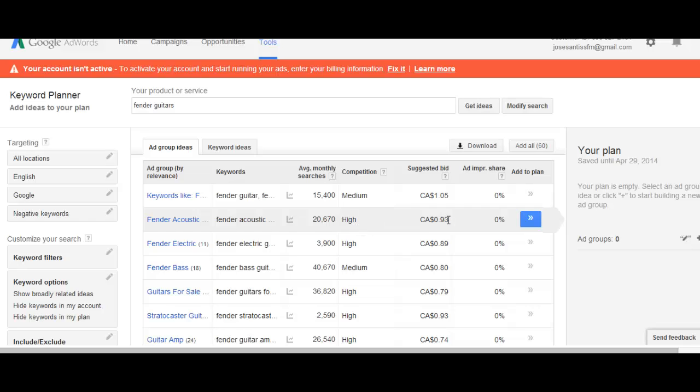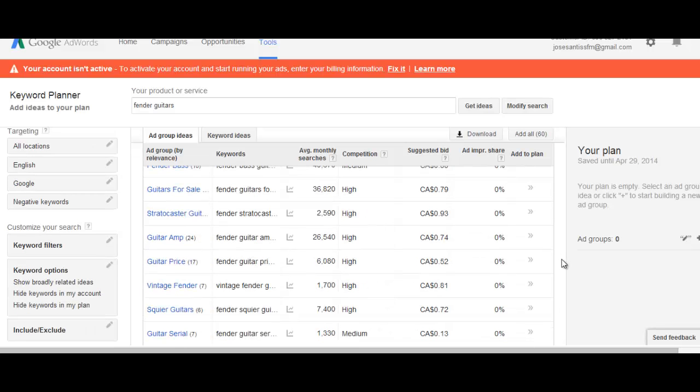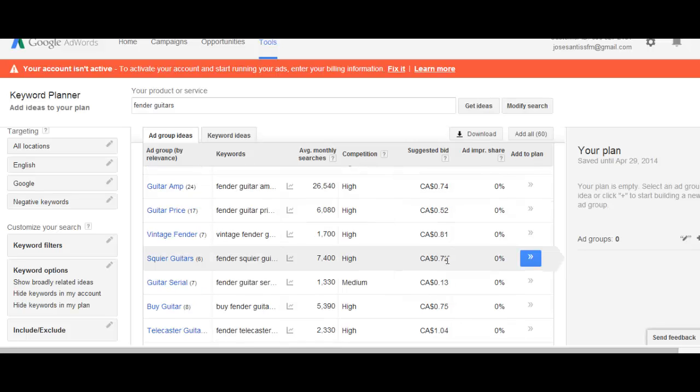And based on that, you're obviously going to notice that the suggested bids are higher. So in other words, if you have a search term that is high in competition, do not be surprised that the cost per click is higher. That's just how the cookie crumbles. Okay, so if you're competing for something that's in high demand, of course you're going to pay more. So these are the CPC, cost per click, $1.04 per click if you want to put an ad word for